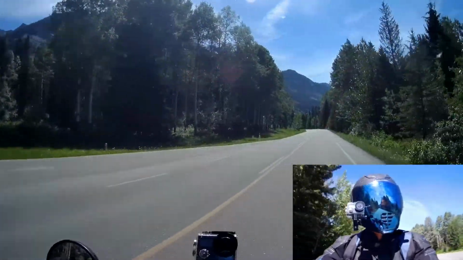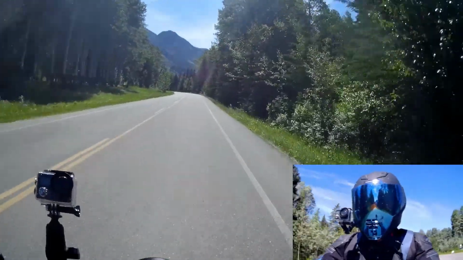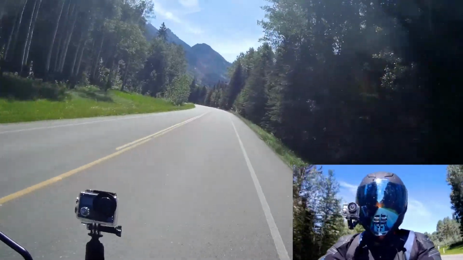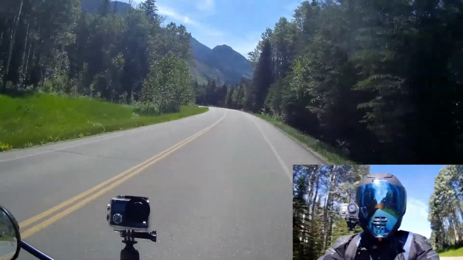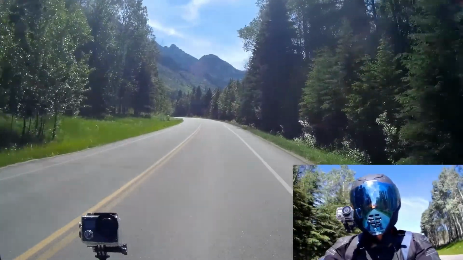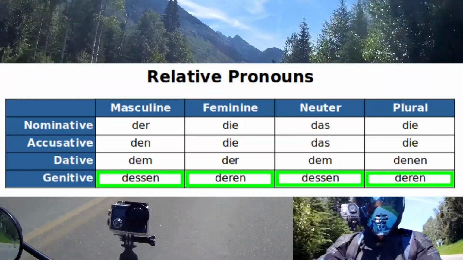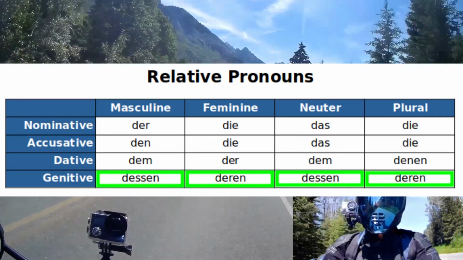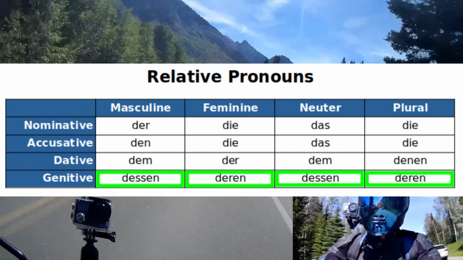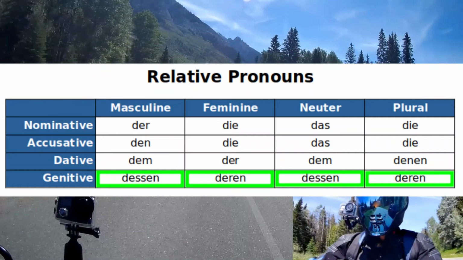Now, the possessive in German is more complex than English. In English, remember, it's just the word whose. It doesn't care about plurality. It doesn't really care about much of anything. It's just whose. In German, we have to learn a couple new words. These are dessen und deren. Dessen for grammatically masculine, singular antecedents, or for grammatically neuter, singular antecedents, and deren for grammatically feminine antecedents, or for